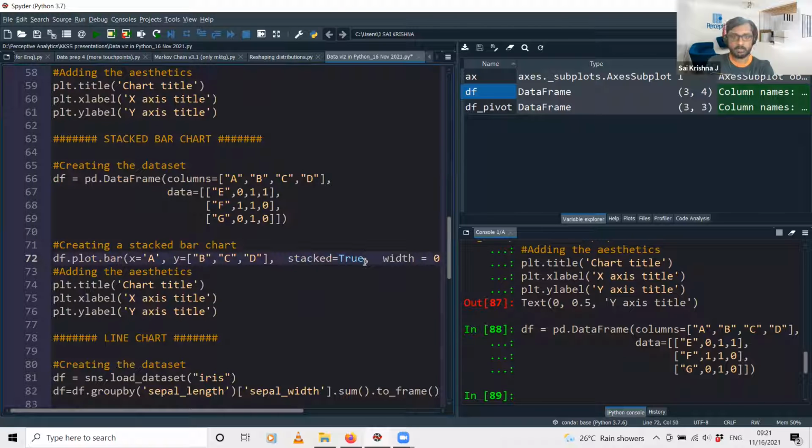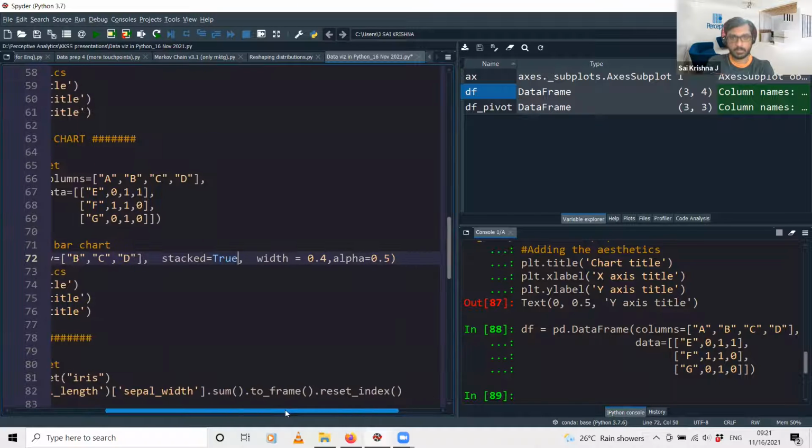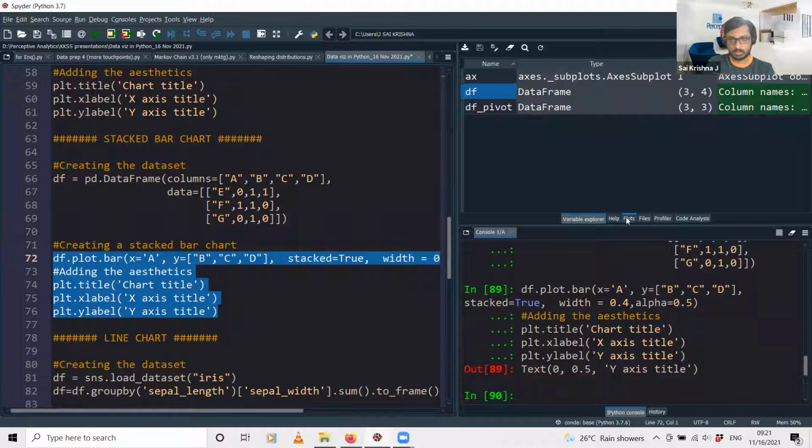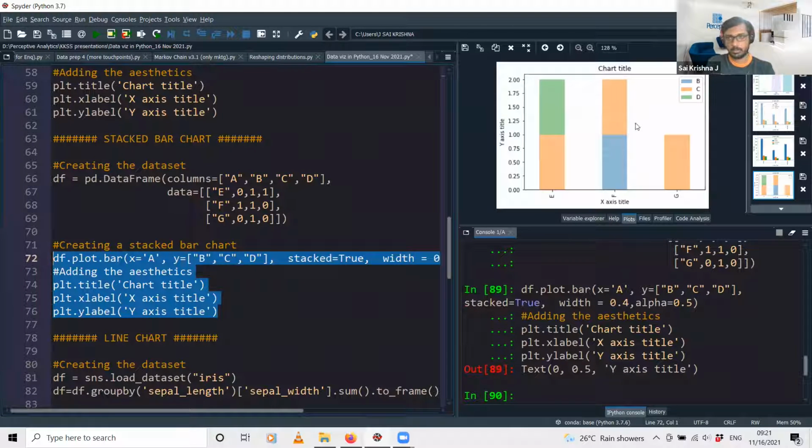By default this value will be false, but since we need a stacked bar chart, we give stacked is equal to true. And the width of the bars, and again we can specify this alpha parameter to indicate the transparency of the bars. Let me just run this line of code and go to plots. Now you can see we have created the stacked bar chart for the columns in the data set.